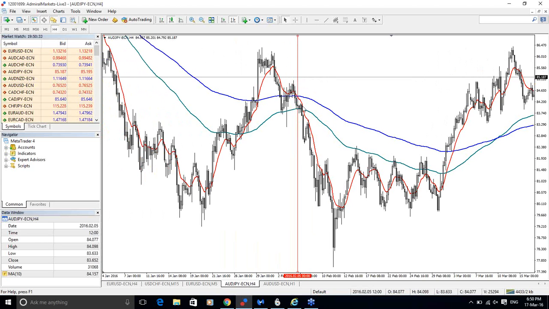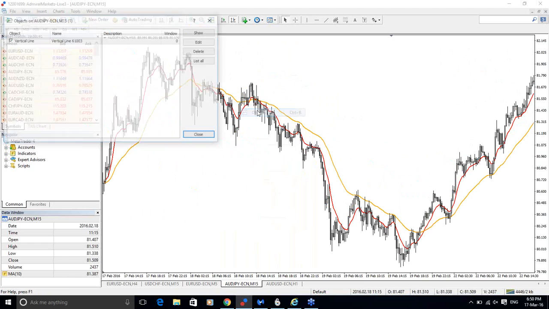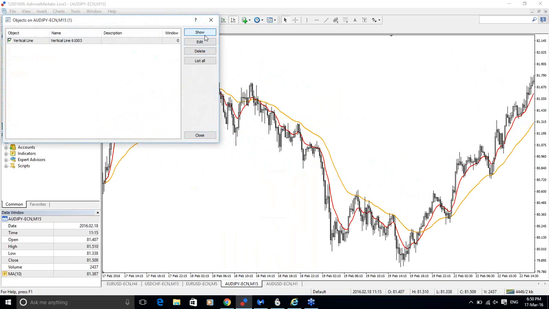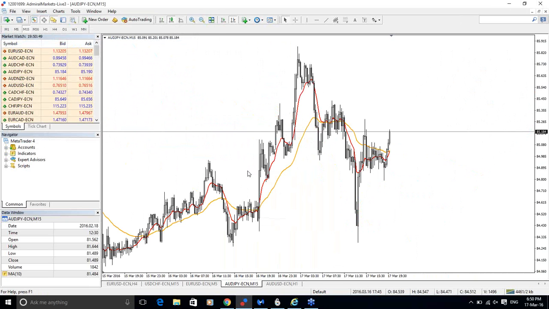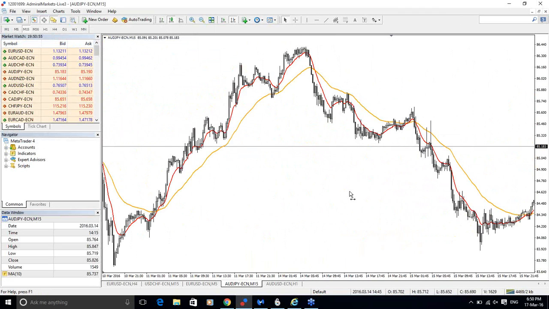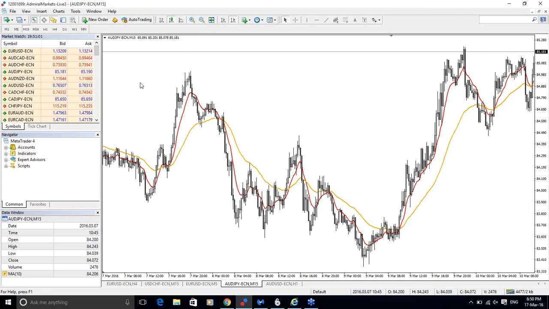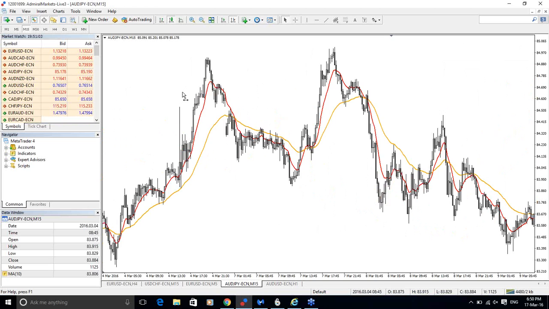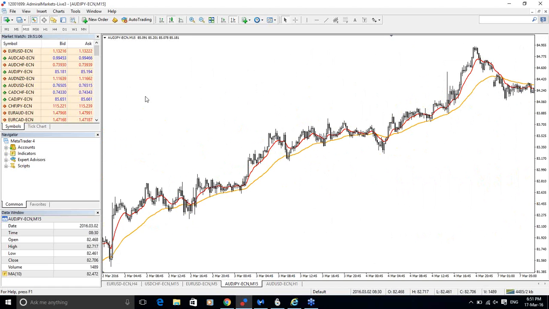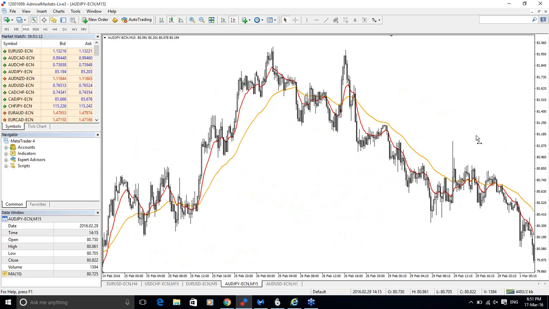So this is our cross, okay? This is our cross. Now, if we go to 15-minute time frame, we actually want to spot 10/40 EMA cross. So I will go to object list to show me, but it doesn't show up. Okay, I will try to find it manually here. Okay, so let's find the cross. That is actually our entry. So first we spot 10, either 200 or 100 EMA cross in the trend direction, and afterwards we can go for 10/40 EMA cross.